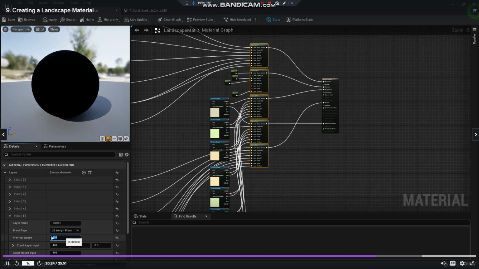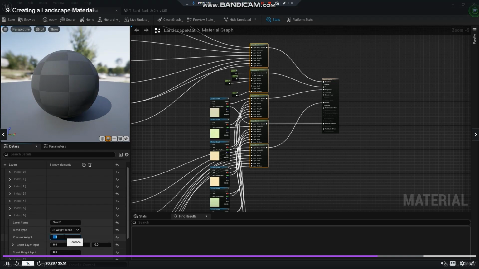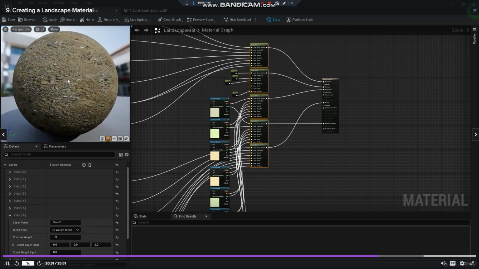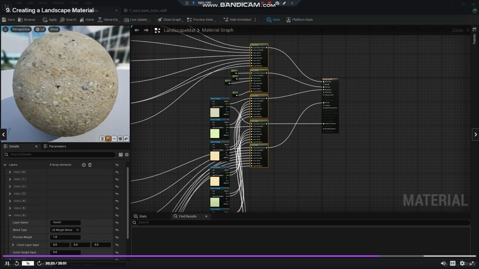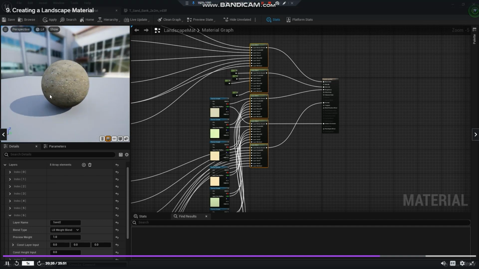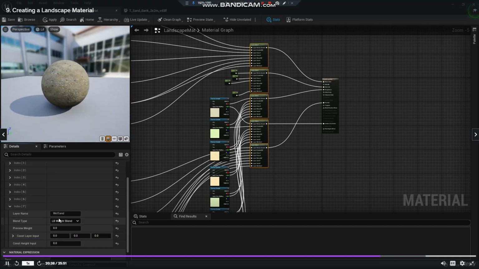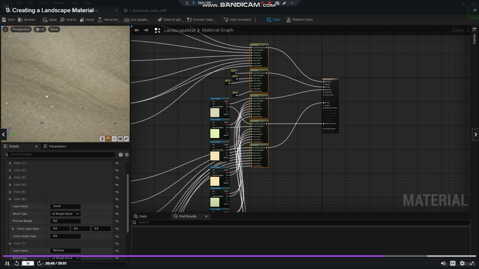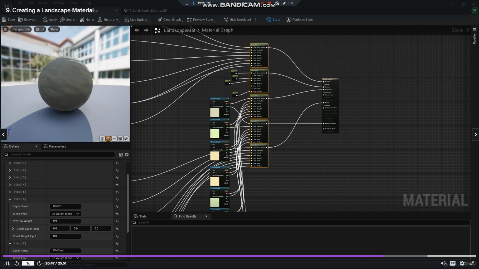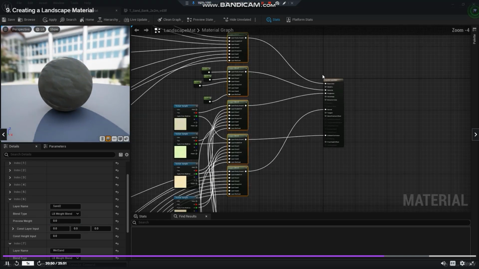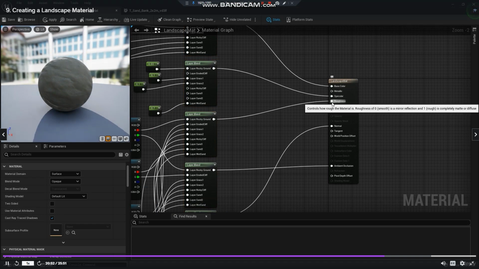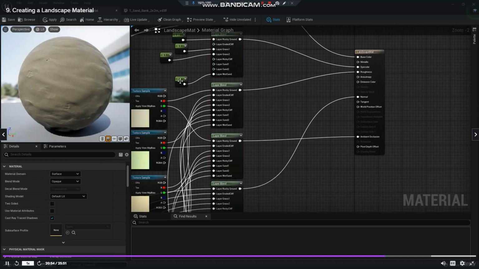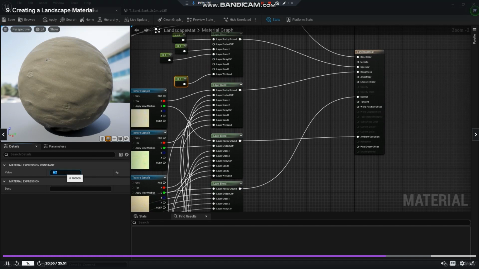Probably be fine. So we'll adjust this once more for our second sand material. This is our coarse sand. Looks fine to me. And now we'll check our wet sand material here and see how this looks. Oh, I also need to make sure to remove the weight on this one. All right, so let's see how this looks. You can see a little bit of shininess there. That's not too bad. I think what we might do, though, is let's first try bringing the specular up to